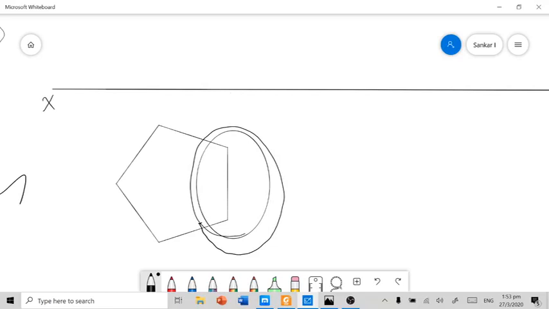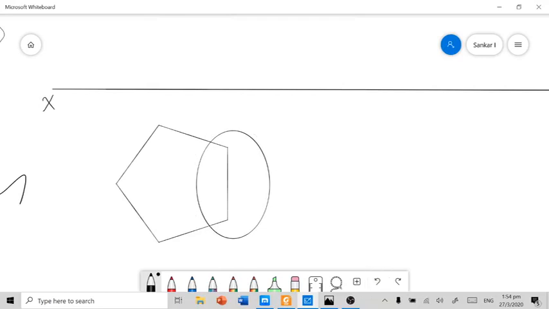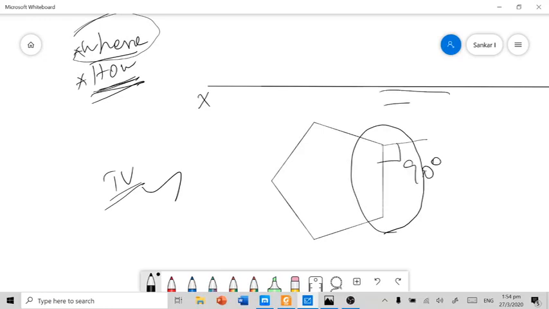In this way, if you draw like that, at the time of tilting the lateral view in the third step, automatically one base edge will come and rest on the HP. So this has to be decided at the very beginning of the problem before proceeding to the second step. In the first step only you have to decide that. So this is nothing but how should be the base. In the second step, you need to draw, in this problem, one of the base edges of the pentagon making 90° with the XY line. So in this way, if you draw, you need not worry about the last step.